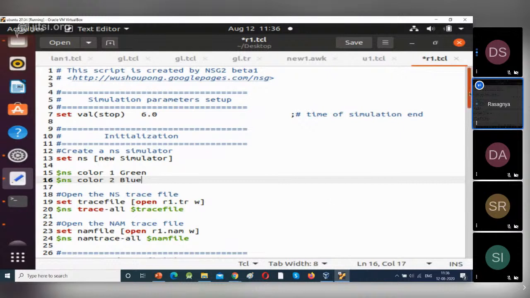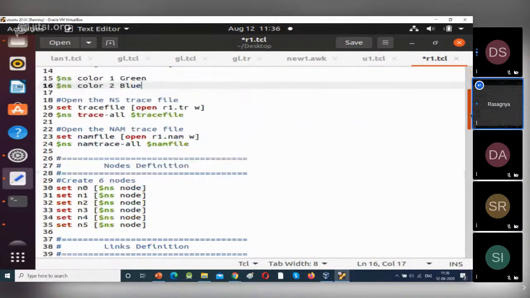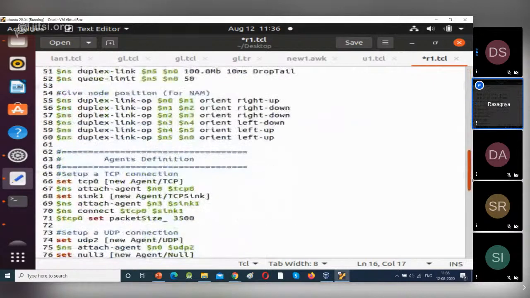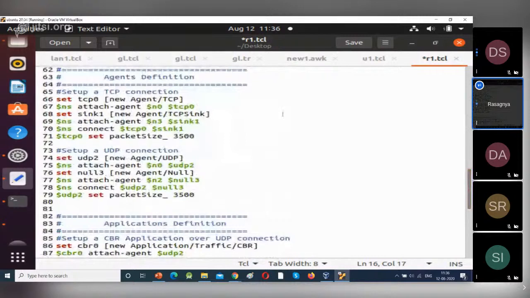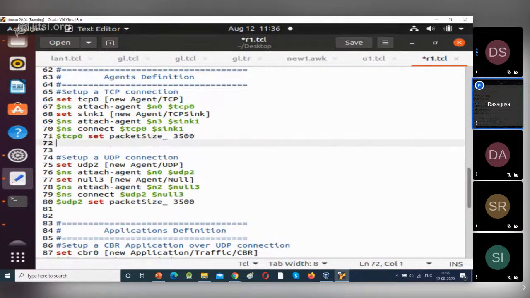So after assigning the colors, we have to go to the agents. So we are changing only color of the data flow. So here my agent name is TCP0. So here give $tcp0 set fid_ 1 or 2. So I'm giving it as 2.